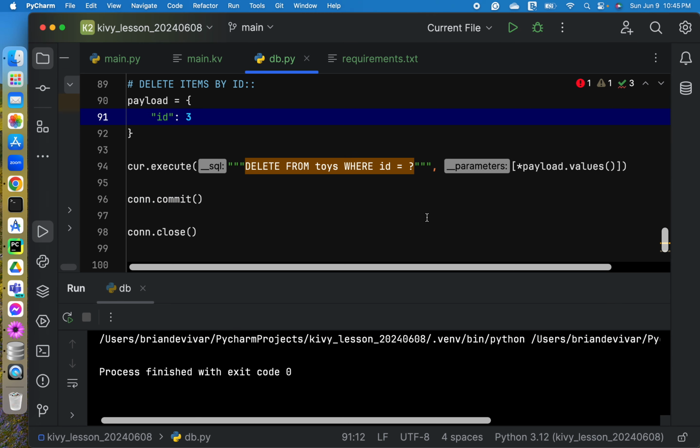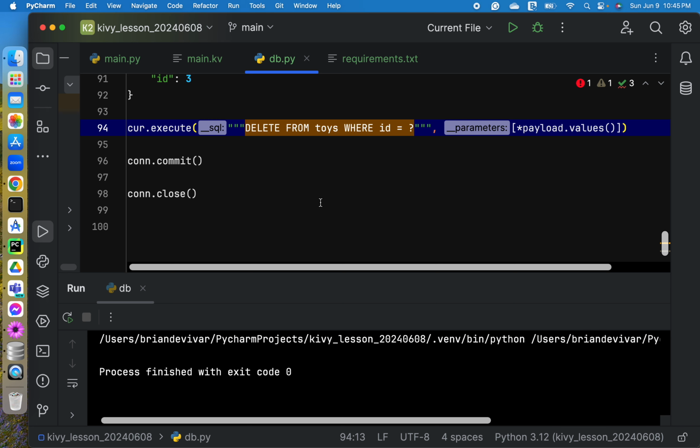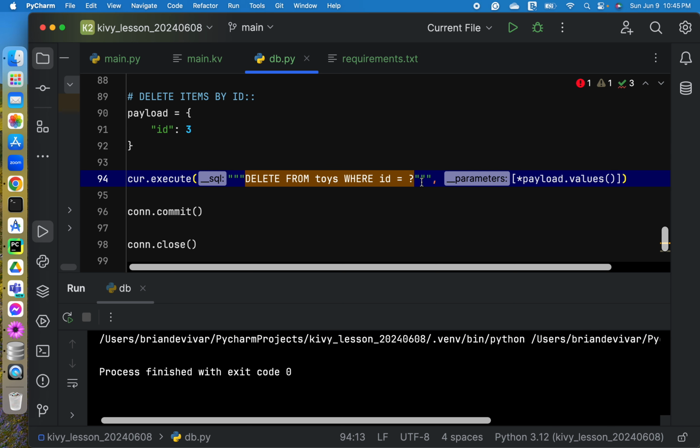If you're not comfortable using the substitution method like this, we can do it the old-fashioned way, like this.